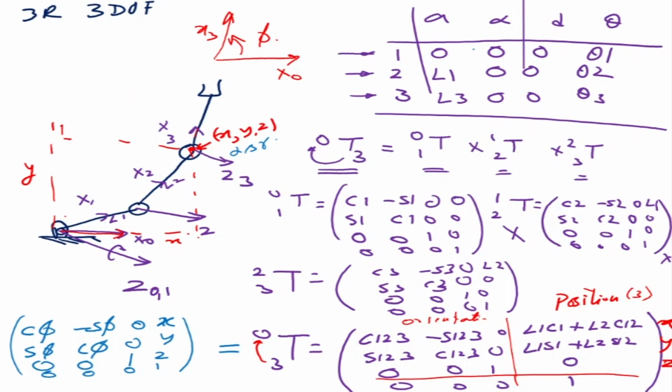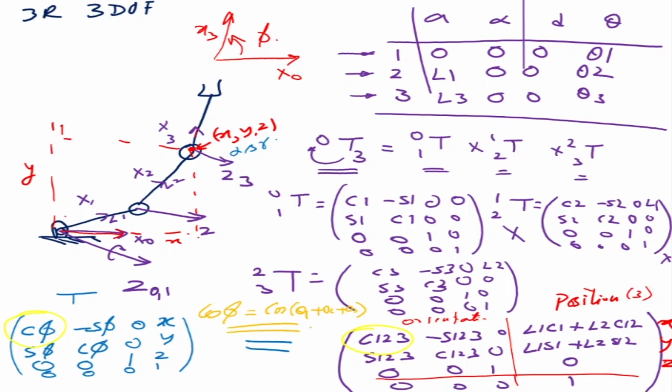So what do we do by given? This is given now, so this is my T given. So I equate this matrix to this matrix, and then we have to try and solve term by term. What does this mean? This means that I equate, for example, this term with this term. Cos phi is equal to cos 1 2 3. Okay, so if I write it in full, you'll appreciate it better: cos of theta 1 plus theta 2 plus theta 3.